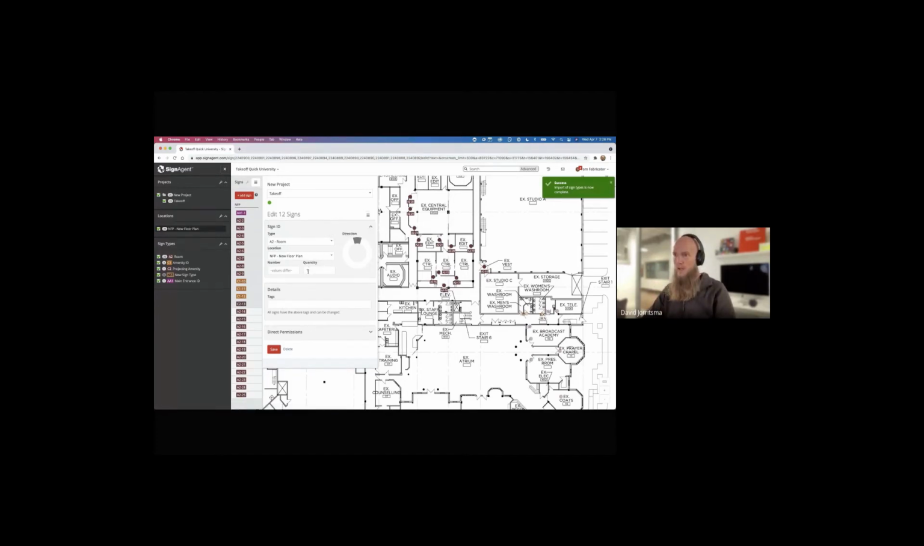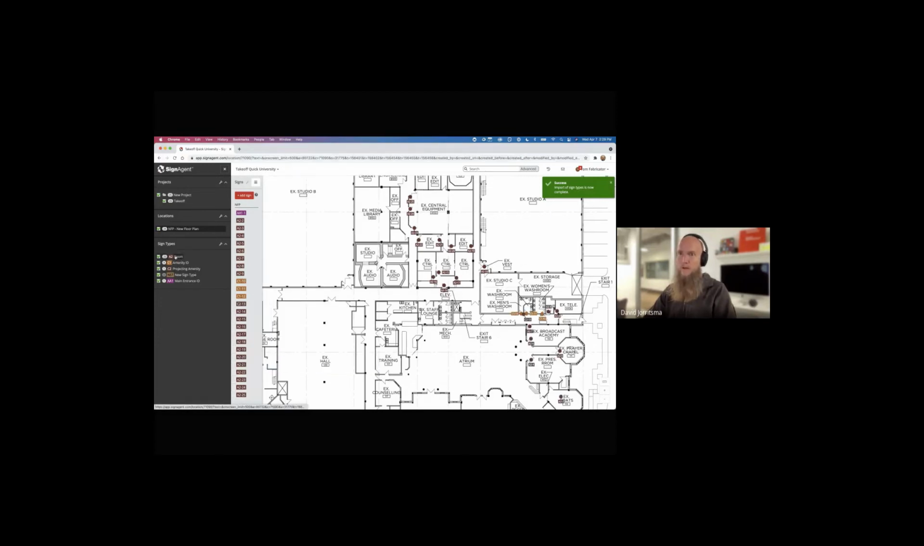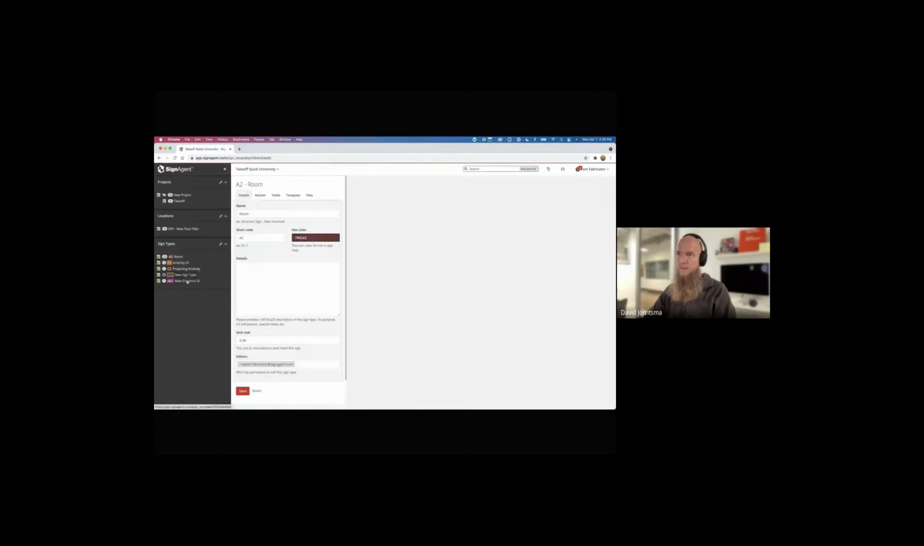Or I could say, well, I don't want to do that, because that means I have two sets of signs. And then if I make a change to one, I have to go and make the change to the other one. So now I can just change the quantity to 2. And then when I hit save, this number won't change, but what does change is the estimating numbers. So I'll leave that for now, but then in my room ID, I can edit this,